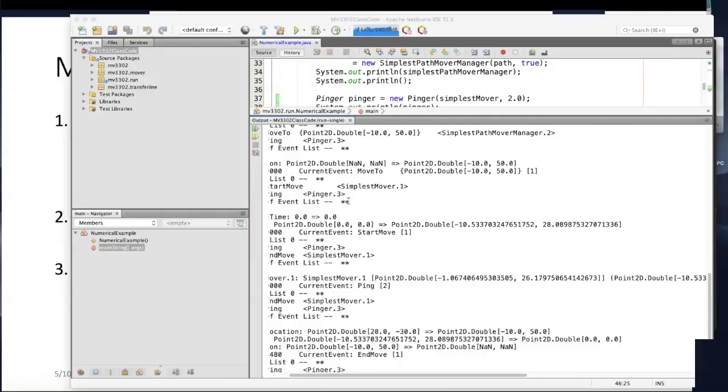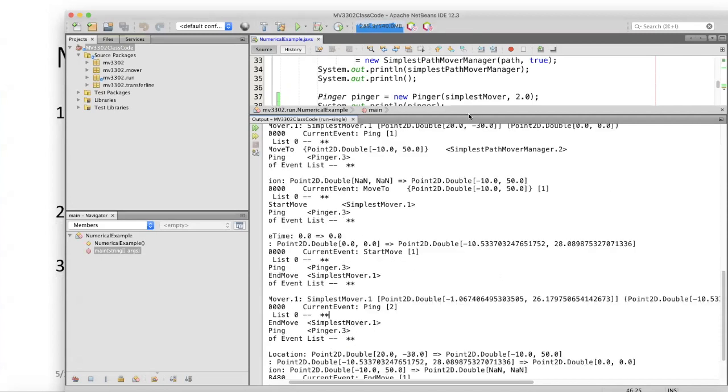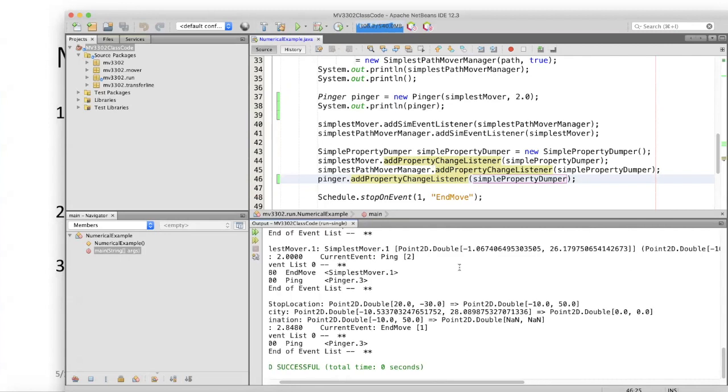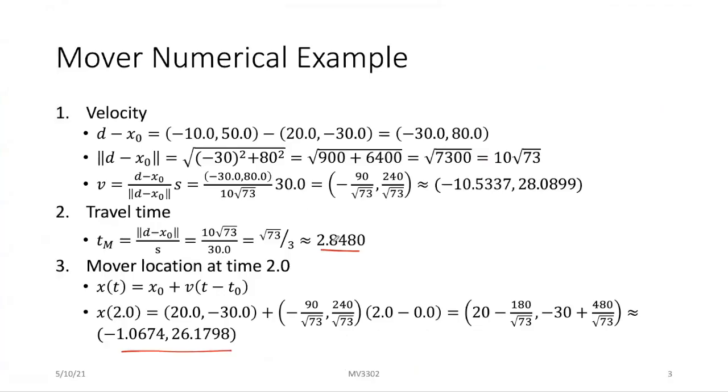So we have verified at least that the velocity and the movement and the current location as computed by the get current location method seems to be working